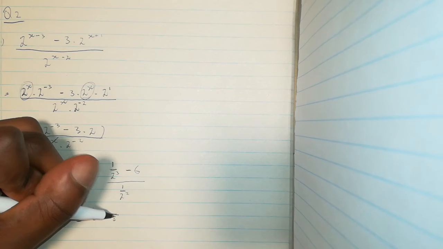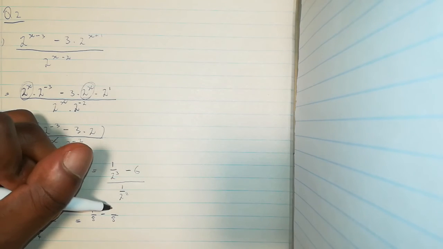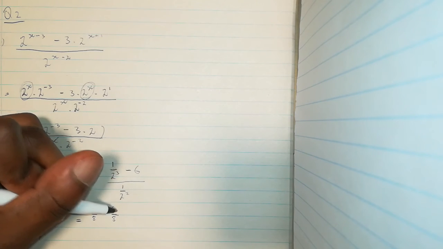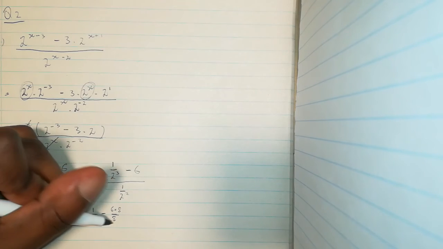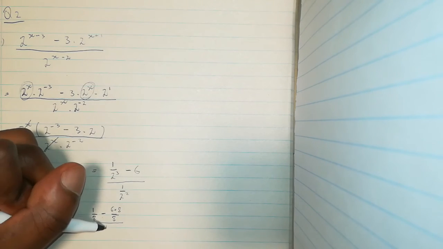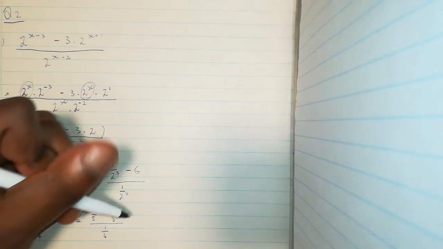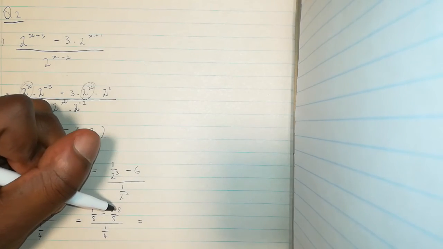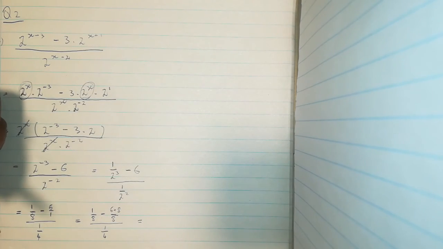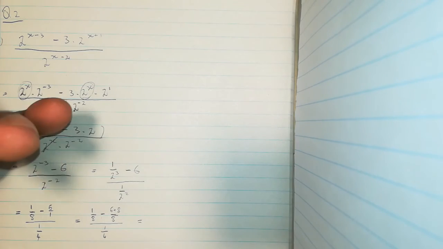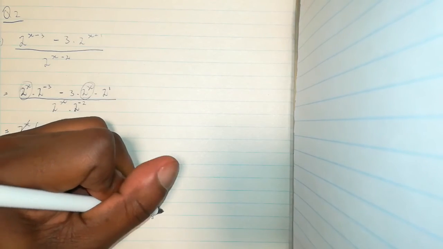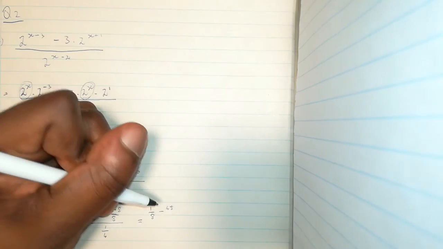So this must be multiplied by 8, and then obviously the numerator you have to multiply by 8 as well. And then it's divided by a quarter. What is 6 times 8? You can use a calculator or you can count off by heart. So it's 6, 12, 18, 24, 48. So 1 minus 48